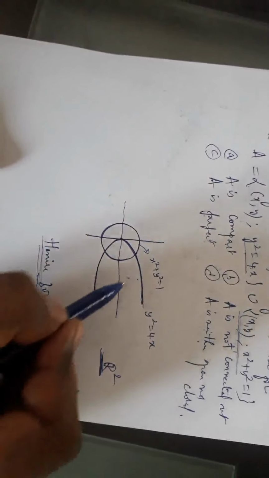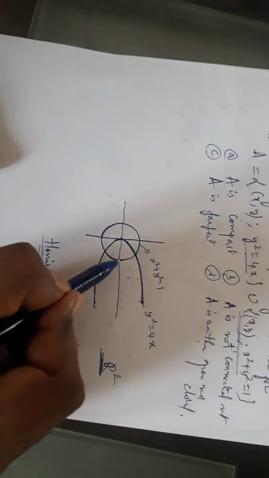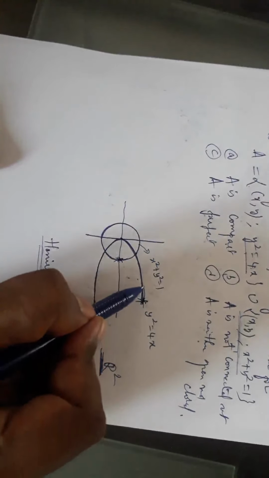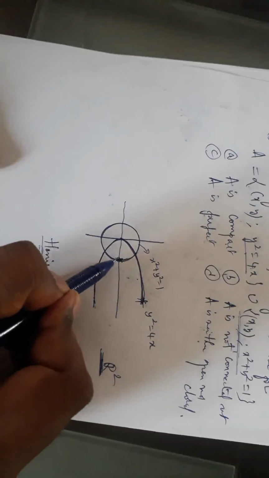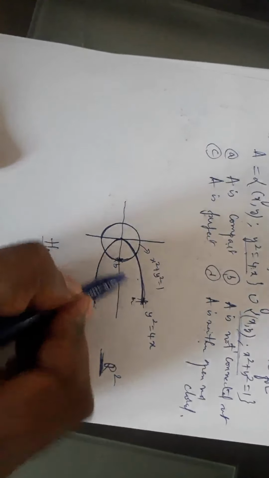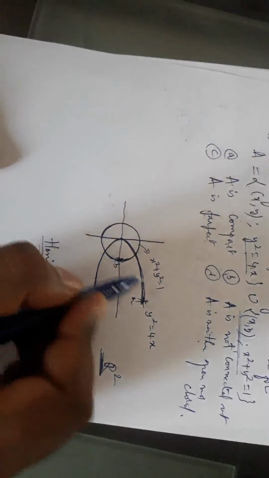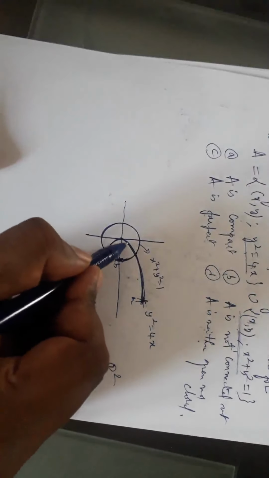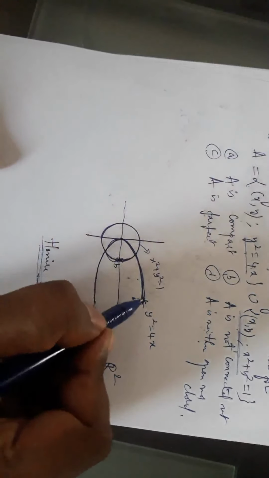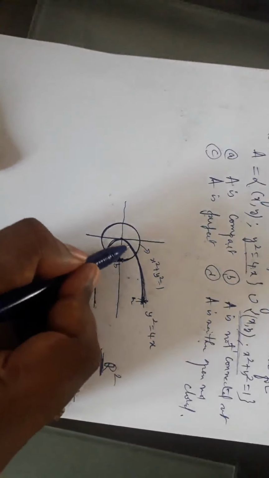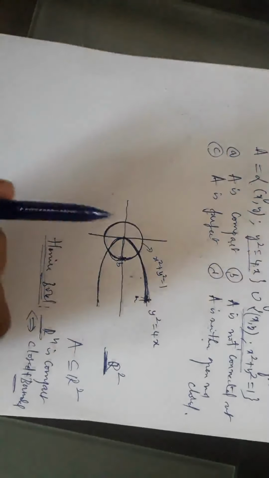And the set is connected. Whenever one point is here and another point is here, can you join them? Exactly. If this is A and this is B, you can trace a path from here to meet B, or you can go straight along this parabola to meet it, or you can come this way. Three ways are there to meet B. Here also you can come, four ways are there. Is it clear?